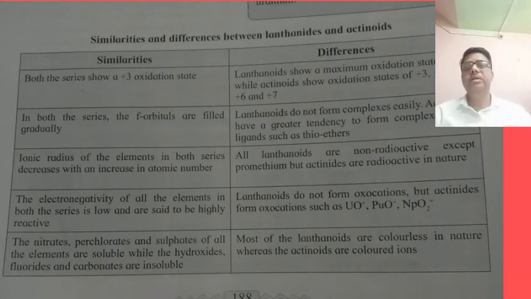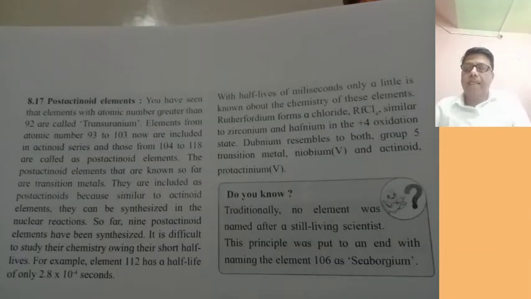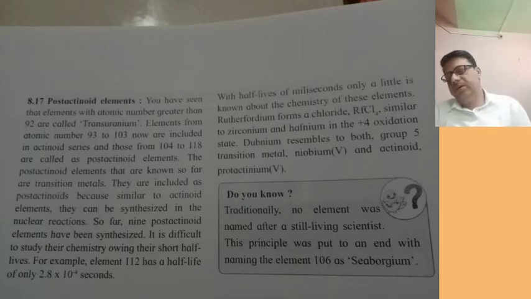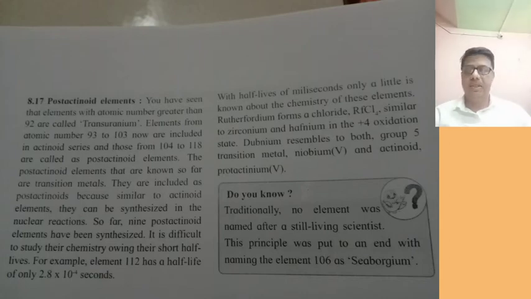And last point, we are just going to finish our unit with post-actinide elements. We have seen the actinide series starting from thorium 90 up to 103, and the elements above 92 are called transuranium elements. That is from 93 to 103, and from 104 to 118 they are called post-actinide elements,